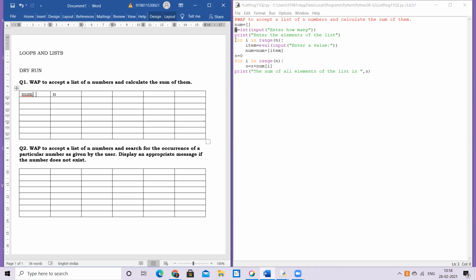So that is why my basic loop comes out to be for i in the range of n. n is number of elements the user has asked for, and hence this range n will work as 0 to n minus 1. Right? So if I say 5, the values picked up by i will be 0, 1, 2, 3, 4. And these 5 times the loop will actually execute one by one.